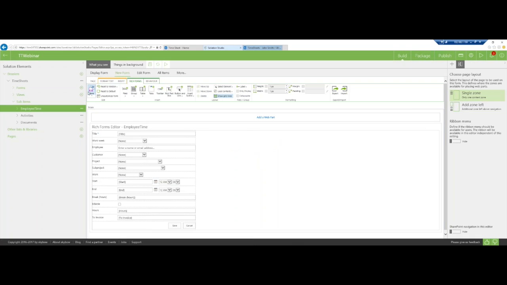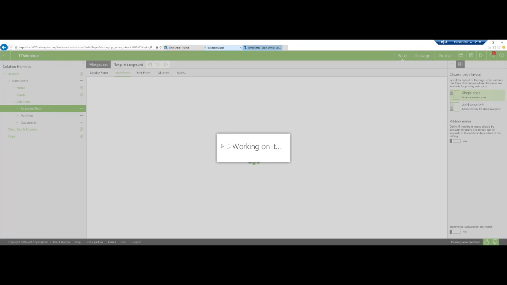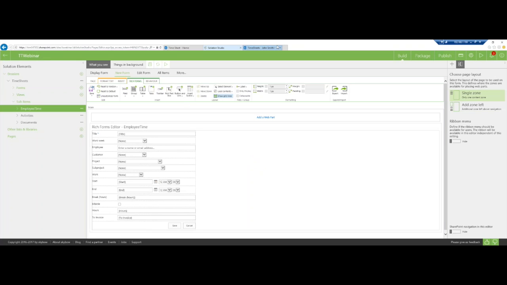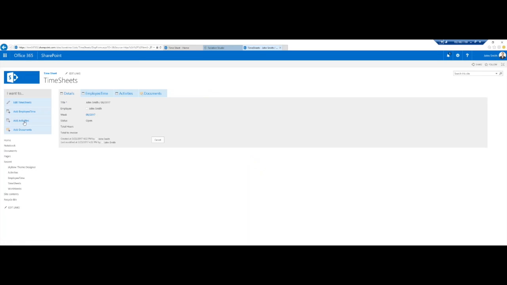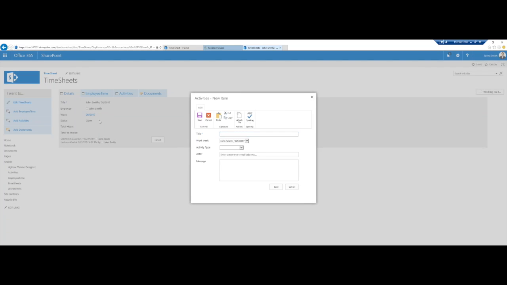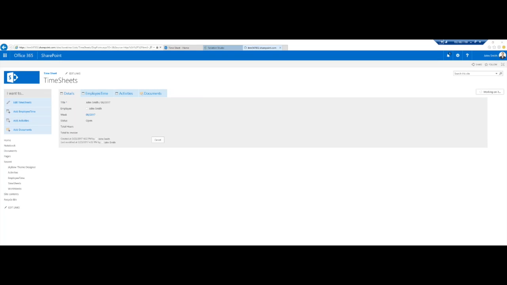I'm going to save this form and just start adding this stuff in my timesheet. As soon as it's all saved, I think now it's all saved. So if I now click add activities, no, not add activities, sorry, they need to be added automatically. So I now add employee time,